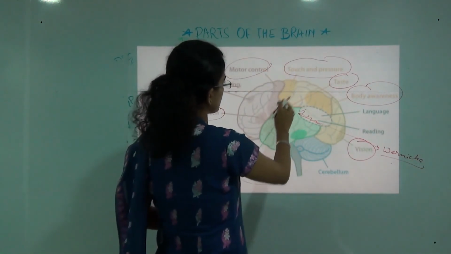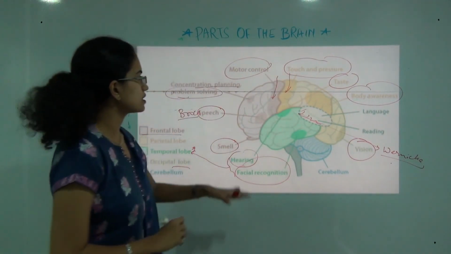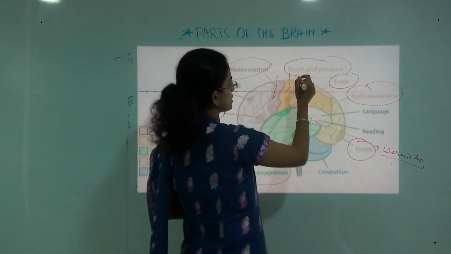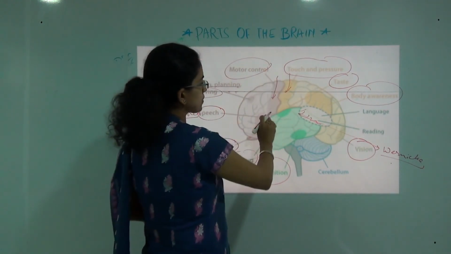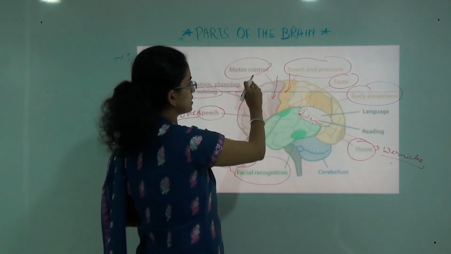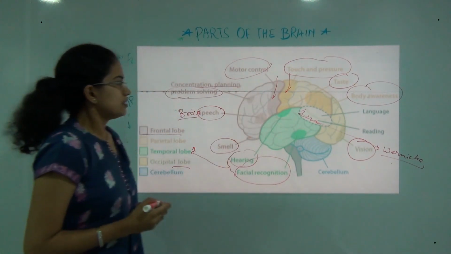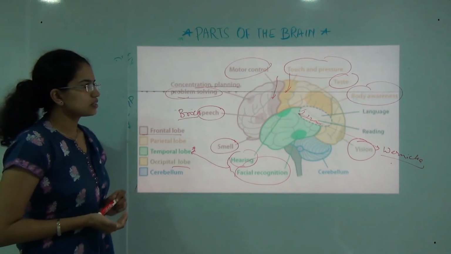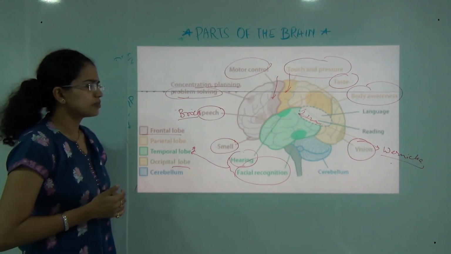We also covered that there are two basic parts. You have the motor cortex and the sensory cortex, which cover the voluntary movements and the sensations. The sensations covered here are touch, pressure and taste. And the motor cortex covers the movement of voluntary muscles and motor control. So with this, we covered the various parts of the brain. We'll continue with the physiology section in psychology, and we'll also be covering the